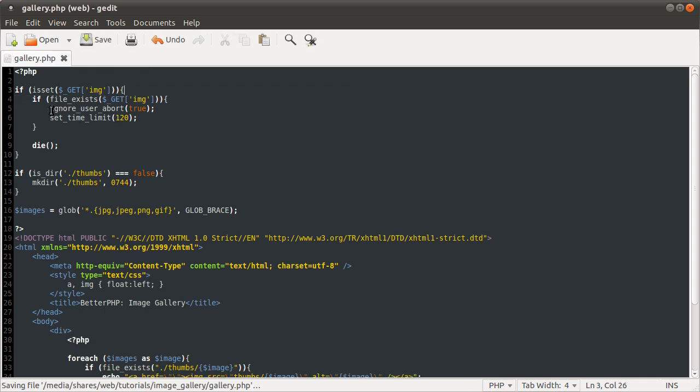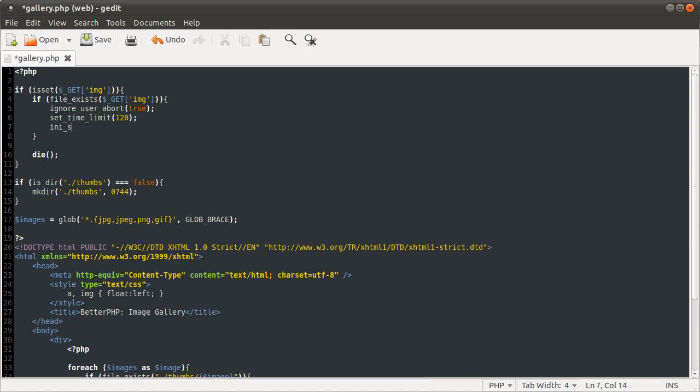We have turned on ignore user abort and set the time limit higher. One other problem you might run into is a memory limit. If you have a huge image, then PHP needs a lot of memory to be able to process it. So one thing you can do is set the memory limit higher using ini_set. On my server I've got it set to 500 meg or something because I do a lot of silly PHP